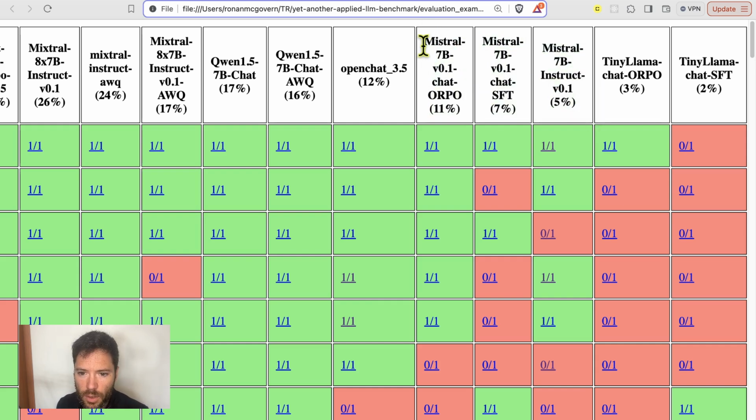What is interesting though is that this ORPO model is getting very close to the OpenChat 3.5, which is a CRLHF, so it's a reinforcement learning fine-tuned model using GPT-4 preference data. So it's pretty cool that with just about 2 hours of fine-tuning, this model is able to get up to a performance level that's pretty similar to the OpenChat model, and potentially it does even better if I could be sure there were no bugs in running this